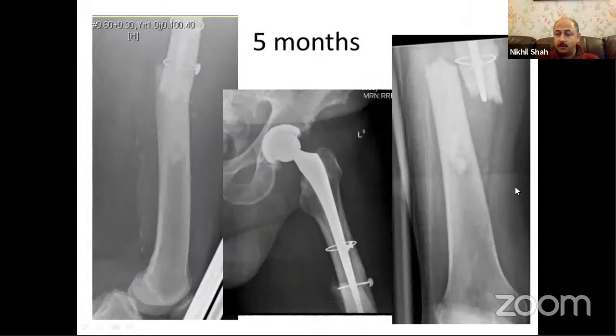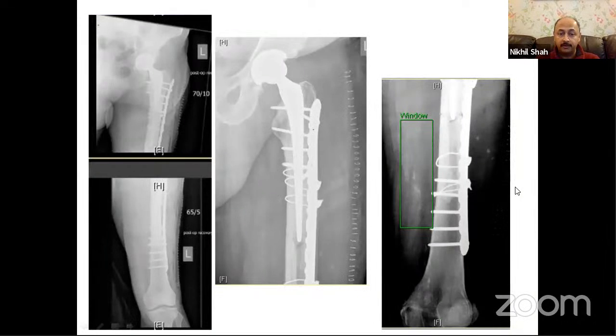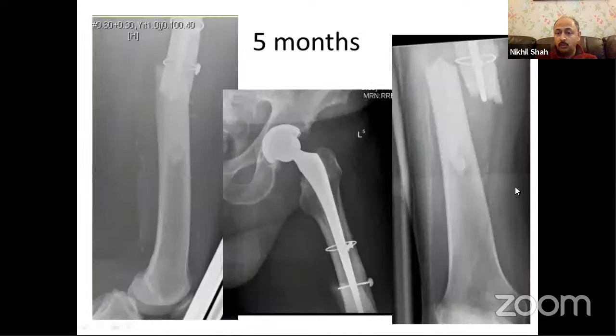At 5 months, unfortunately, he had a very minor twist and he fractured exactly at the tip of the stem where the original stress riser was present. So now we are probably back to square one. We have the same problem again. We have a proximal femur that has a lot of cement in it, and we have a long cement column in the distal fragment. And now the options become a lot more difficult. So again, we discussed, what do we do now?